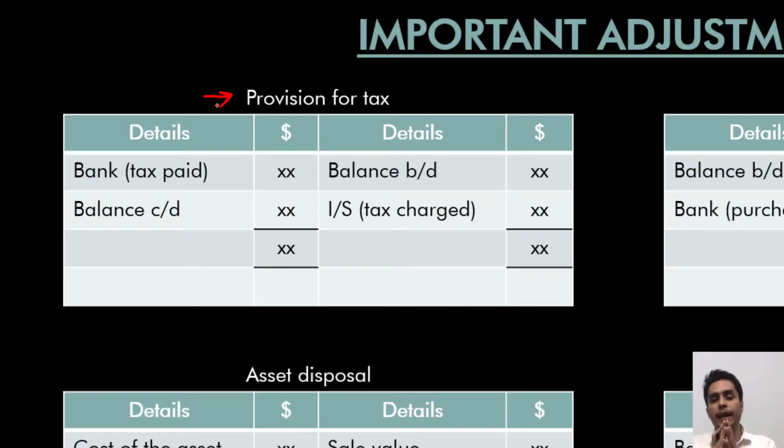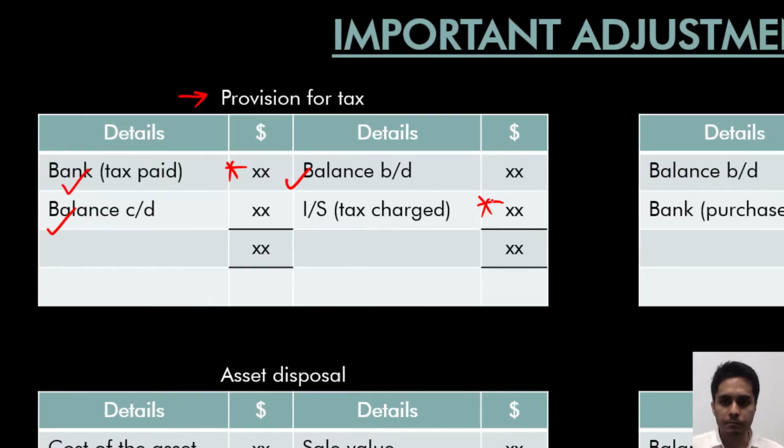But what if the tax provided or tax paid has been explicitly given as an adjustment in the question? In that case, your balances brought down and carried down will come from the balance sheet. Your taxes paid, if given, will come on the debit side, and the tax charged or tax provided will be the balancing figure. But if tax charged or tax provided is given, in that case your tax paid will be the balancing figure. In any case, you need these two numbers to complete your cash flow statement. So if one of them is given, you'll have to prepare this account to arrive at the missing number and complete your cash flow statement.